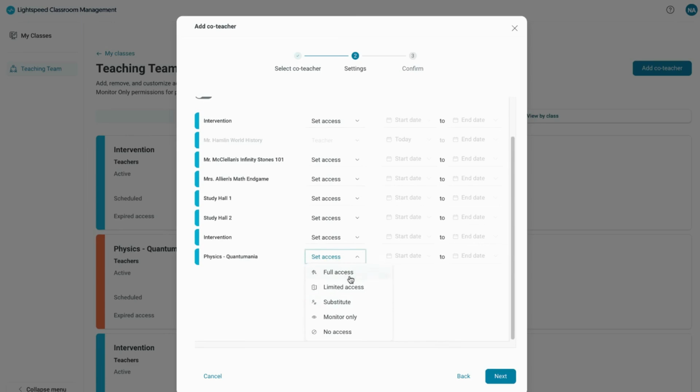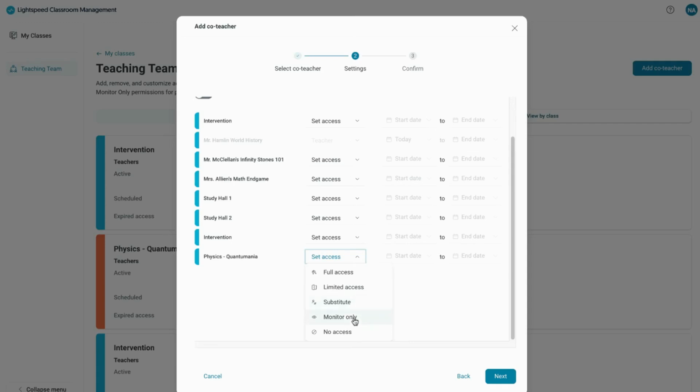A full access co-teacher has all the same rights and permissions as a district-added teacher. A limited access co-teacher is your classroom helper. The limited access role was designed for co-teachers that help out managing students in the classroom, but without all of the administrative permissions of a district-added teacher or full access co-teacher. The substitute access role has exactly the same permissions as a limited access co-teacher. We made this distinction in roles so your Teaching Team page will be easier to manage. You can tell at a glance if one of your co-teachers was a substitute, so you can remove them from your teaching team if you no longer need them.